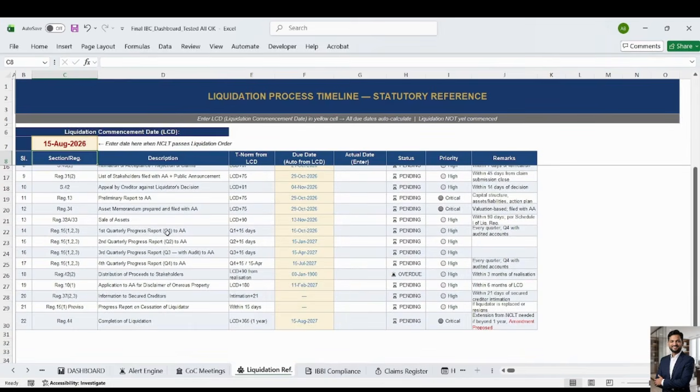For example, we have to file a progress report, so the due deadline is mentioned over here, and this date is also automatically passed. Like hearing